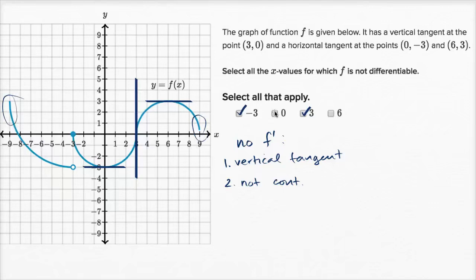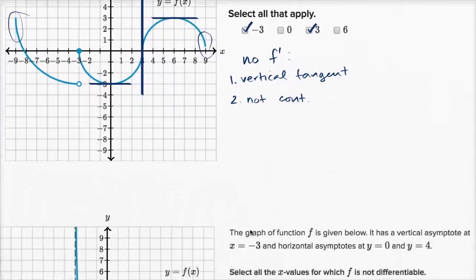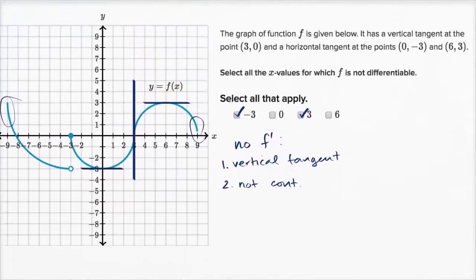And we already said at x equals 0, the derivative is 0. It's defined. It's differentiable there. And at x equals 6, the derivative is 0. We have a flat tangent. So once again, it's defined there as well. Let's do another one of these. Oh, and actually I didn't include, I think that this takes care of this problem, but there's a third scenario